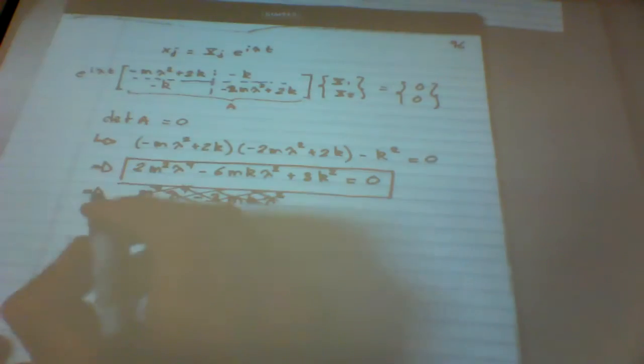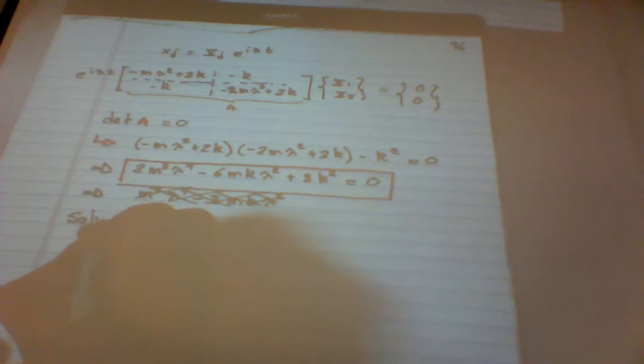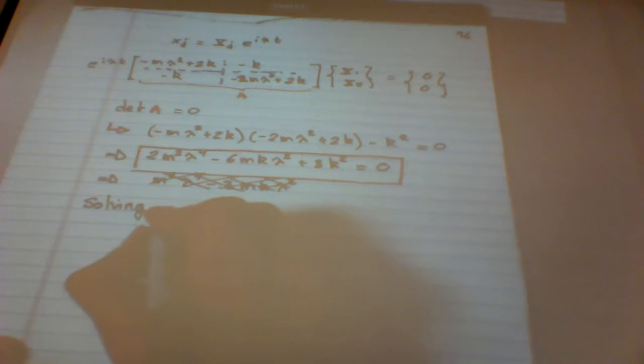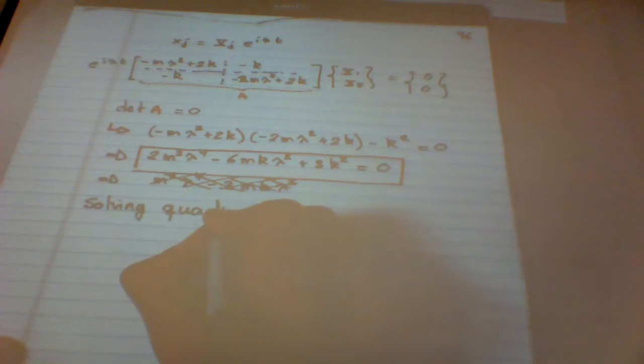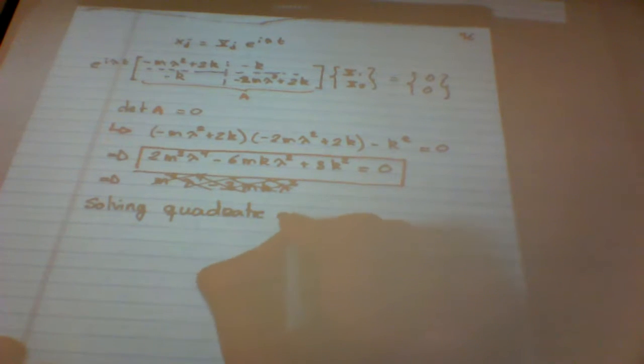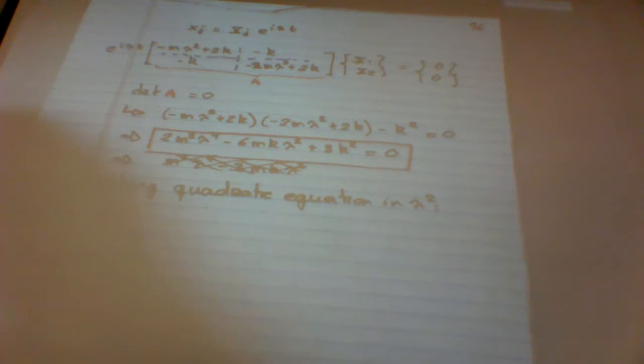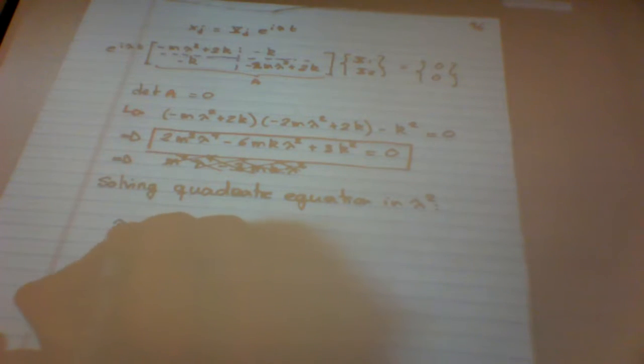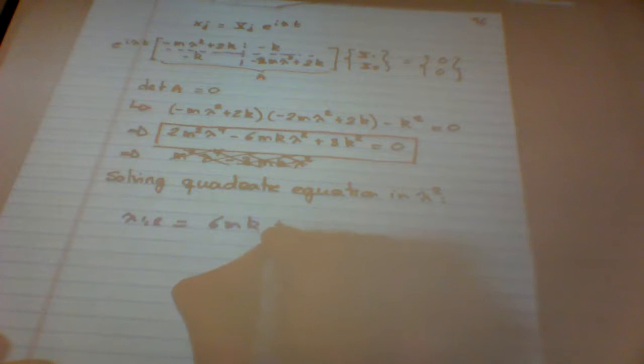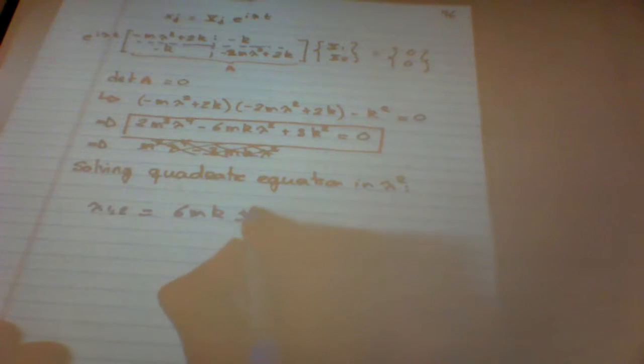Okay, so solving the quadratic equation in lambda squared, what do we have? Lambda 1, 2 should be equal to what? Negative b, so 6mk, plus or minus the square root of